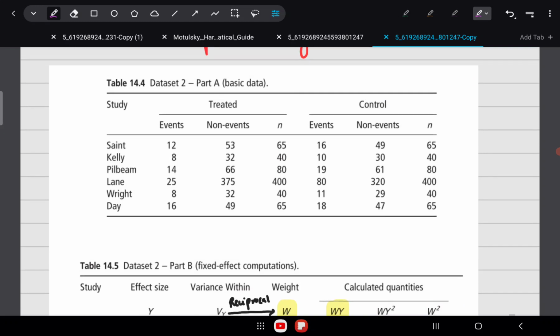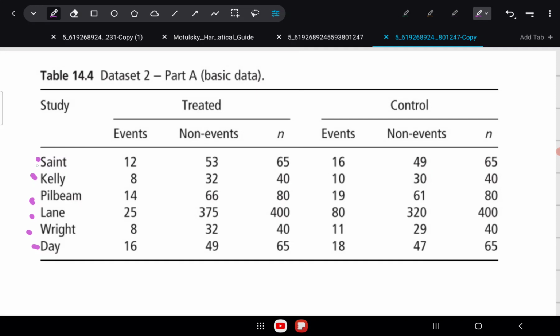Again, we have 1, 2, 3, 4, 5, 6 studies, right? And you have the binary data for all these studies. We'll see the first study, done by Saint et al. You can see the sample size in the treated group is 95, the sample size in the control group is also 95, and these are the numbers of events and non-events in the treated group and in the control group.